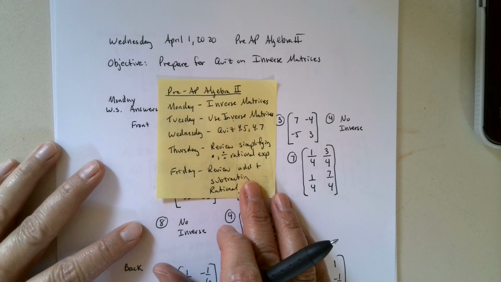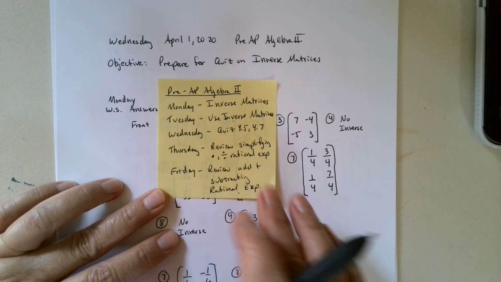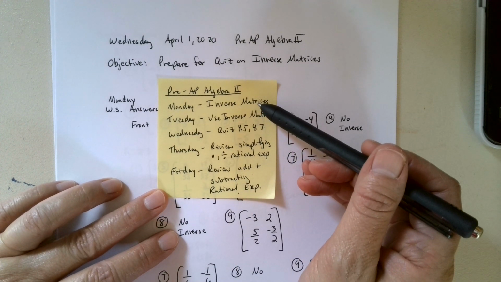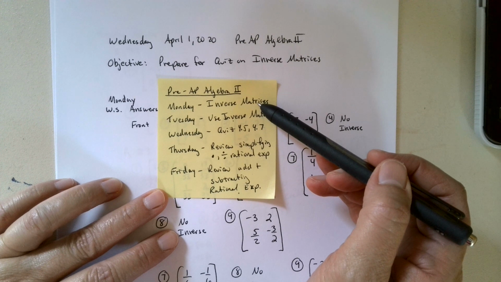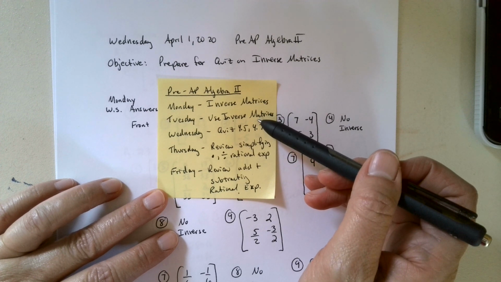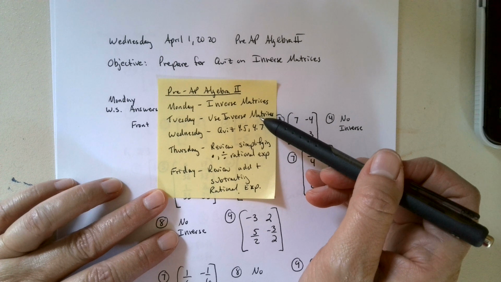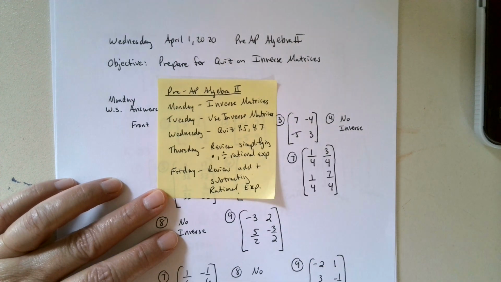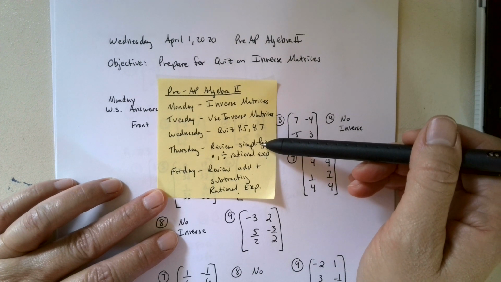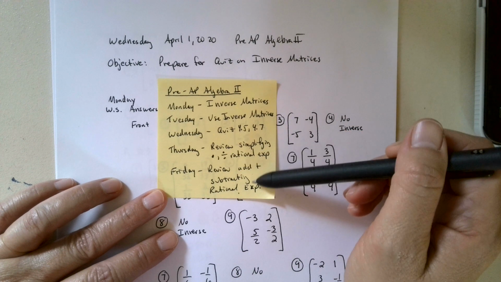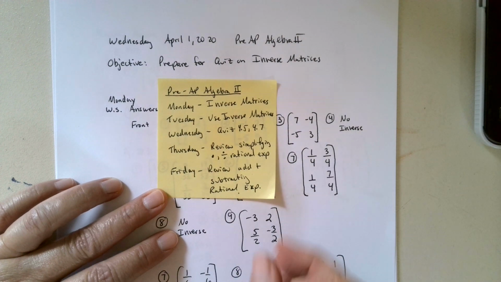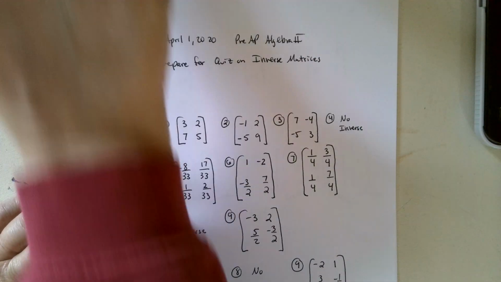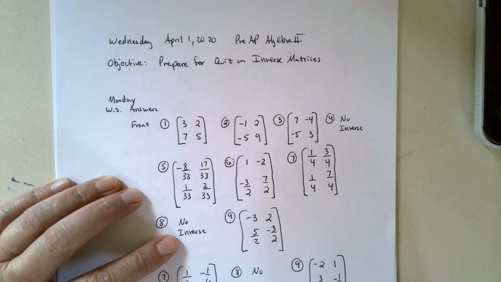Our objective today is to prepare for our quiz on inverse matrices. So just kind of walking you through the week. On Monday, you learned what an inverse matrix was and how to find it. Yesterday, you learned how to use inverse matrices to solve matrix equations. Today, we're going to have our quiz. Tomorrow we are going to get back into reviewing, simplifying, multiplying and dividing rational expressions, and on Friday we'll add and subtract rational expressions. So you had an assignment Monday and an assignment on Tuesday,